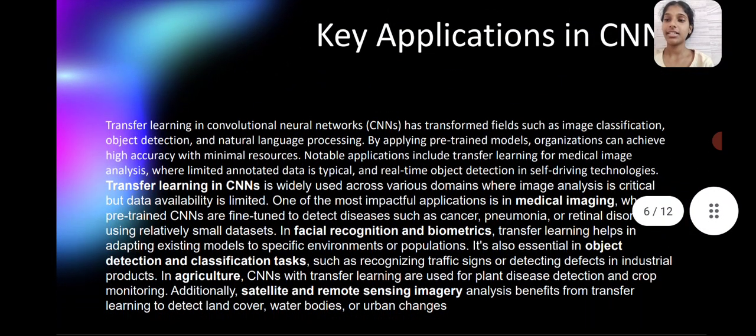Key applications in CNN. Transfer learning in convolutional neural networks has transformed fields such as image classification, object detection, and natural language processing. By applying pre-trained models, organizations can achieve high accuracy with minimal resources. Notable applications include transfer learning for medical image analysis, where limited annotated data is typical, and real-time object detection in self-driving